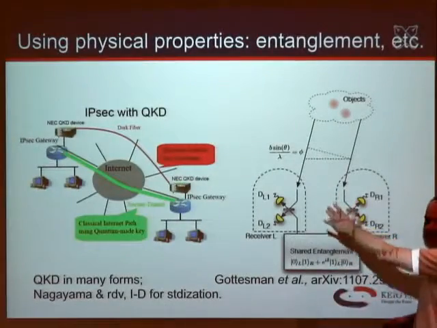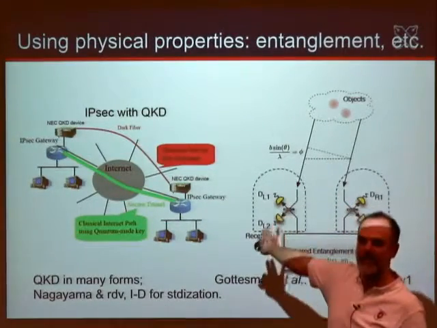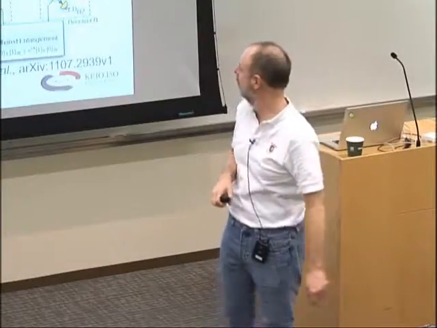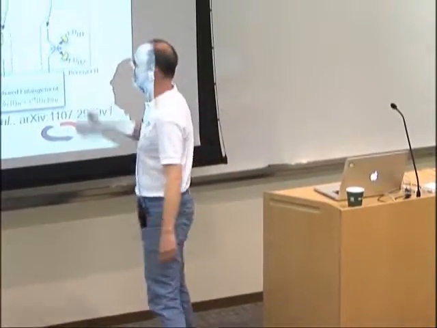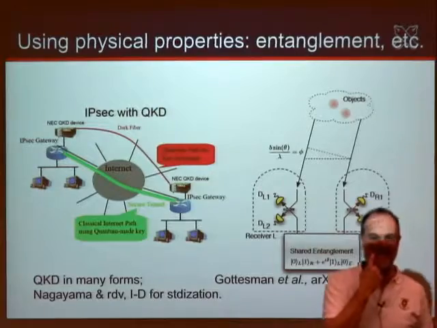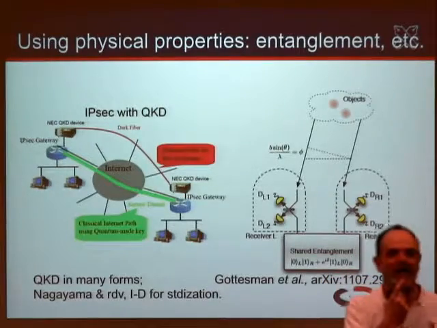Truthfully, this is a fabulous thing. I think it's a really wonderful thought experiment. And I actually talked to Daniel about it. In order to pull this off, you're probably going to need a minimum of 10 to the 9th Bell pairs per second, maybe 10 to the 10 or 10 to the 11 Bell pairs per second.